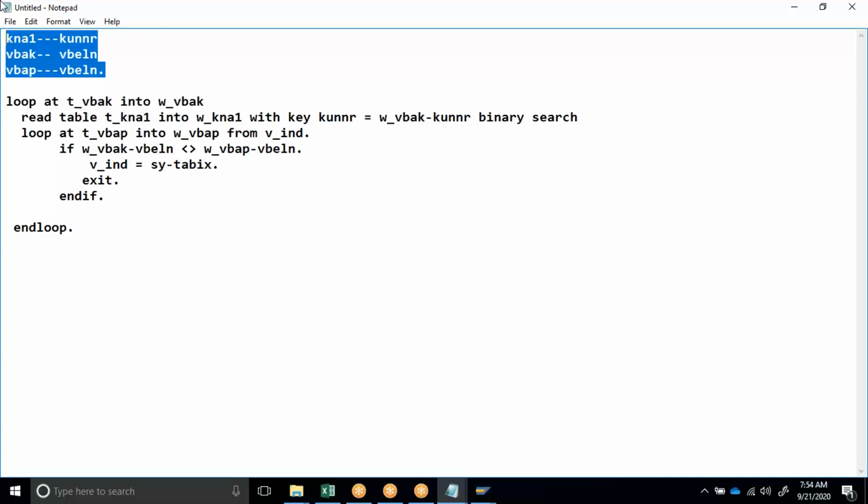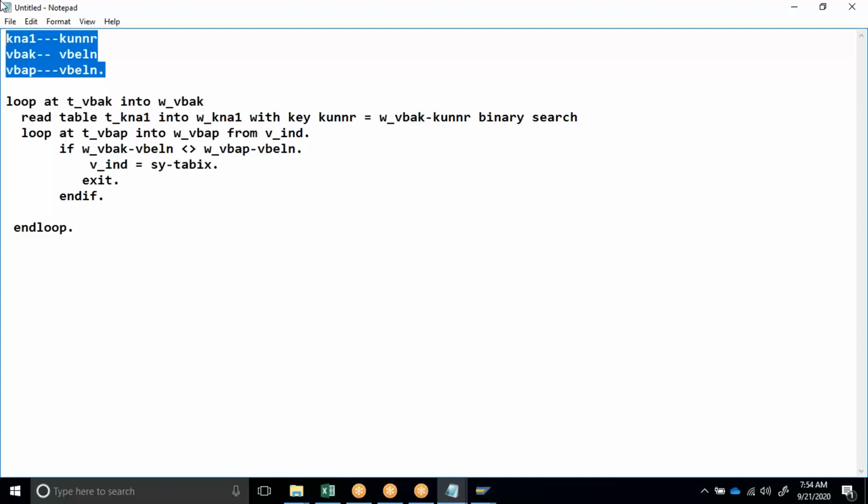So simply learning parallel cursors and practicing parallel cursors, every scenario cannot be done with parallel cursors. Simply using loop and read and binary search, every scenario cannot be done with binary search. So everywhere it has advantages and disadvantages. And this is what we cover in the interview. This is how we deal with interview questions. So this is what you should remember.